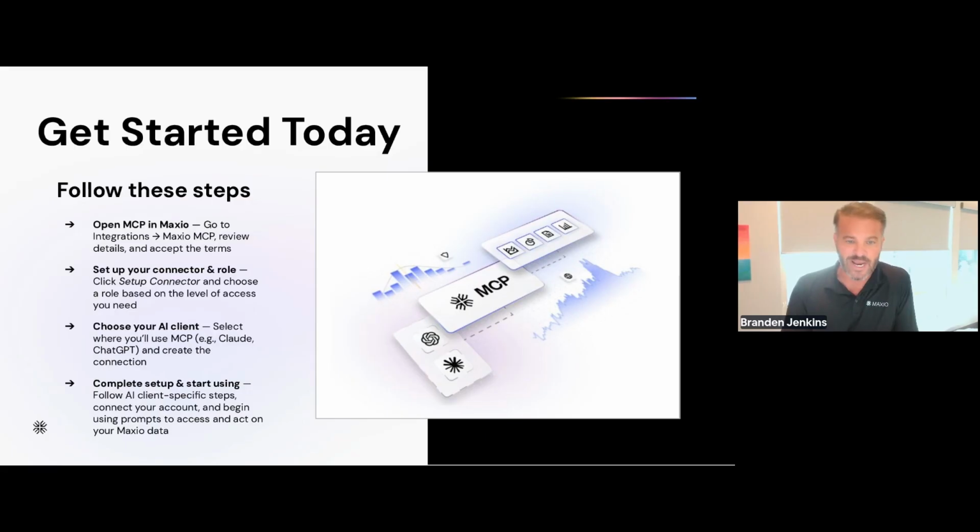You go to integrations, bottom left. There's a button. Once you open that up, there's a Maxio MCP. You click it, you review it, you accept the terms and conditions. Some of the security information is there. And then you connect your role. There are two roles you can pick. I'm blanking on the name, a bookkeeper I think it's called, or basically a reporting connection. And then there's one that gives you actual write access back. That is super powerful. I actually don't even turn that on because I'm not doing that type of work.